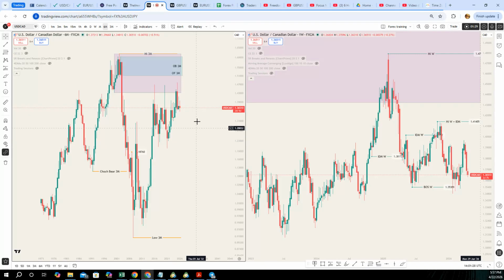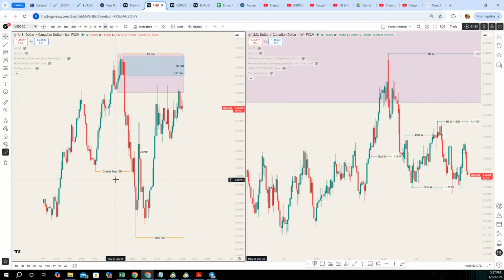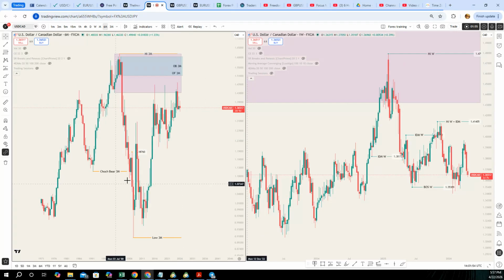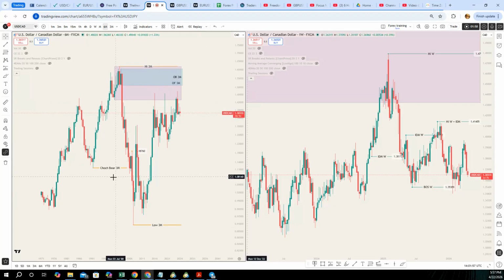Okay. So we will be looking at the USD CAD, and I found an opportunity on the 5 minute. So I moved from the 6 months to the 5 minute and implemented the trade on the 5 minute. That was maybe 6 hours ago, so let's see if we can find it on the 5 minute. Anyway, let's start. Starting from the 6 month on the USD CAD,